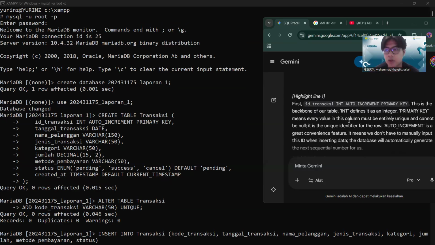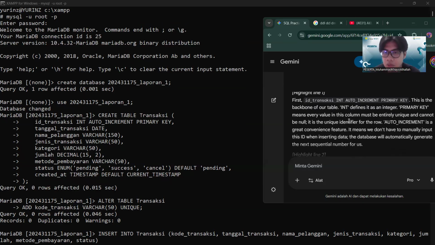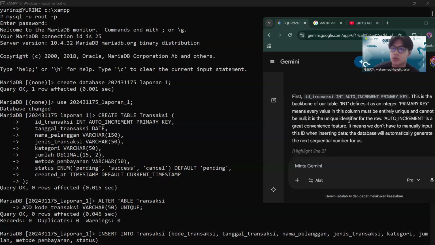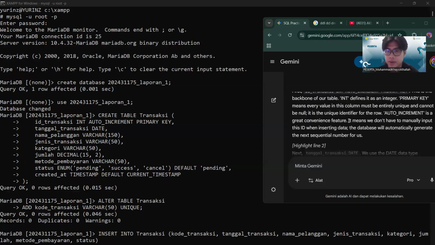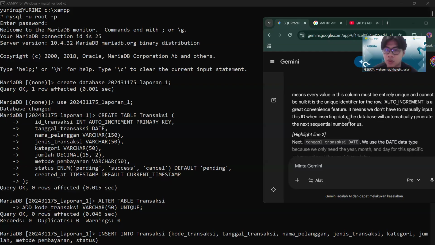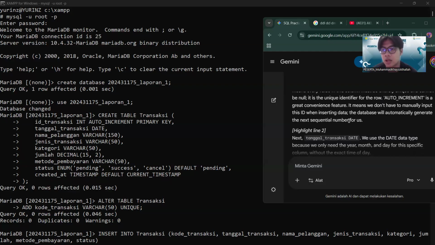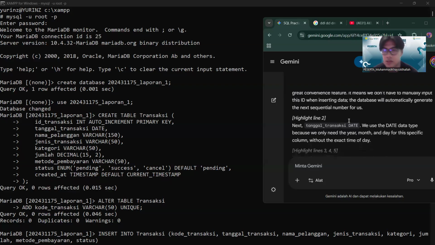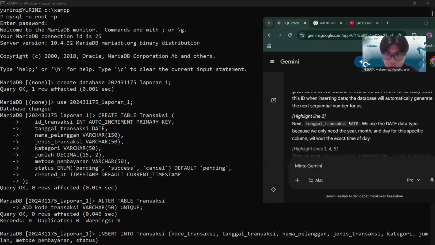It defines an integer, and primary key means every value in this column must be entirely unique and cannot be null. It is the unique identifier for the row. Auto increment is a great convenience feature. It means we don't have to manually input this ID when inserting data. The database will automatically generate the next sequential number for us.